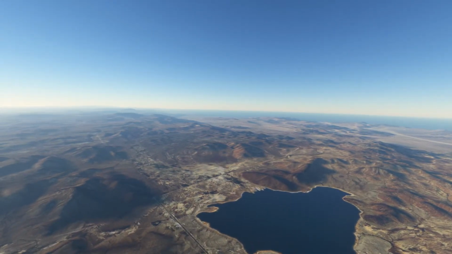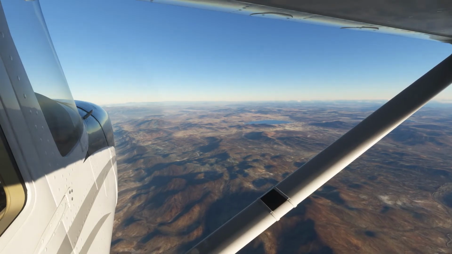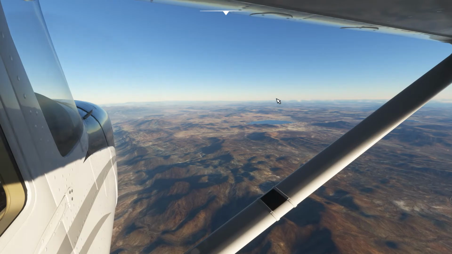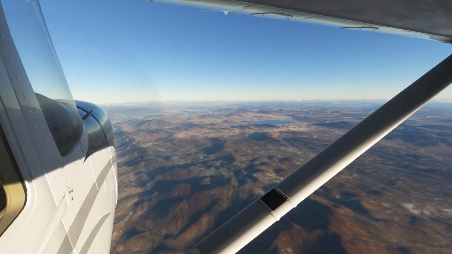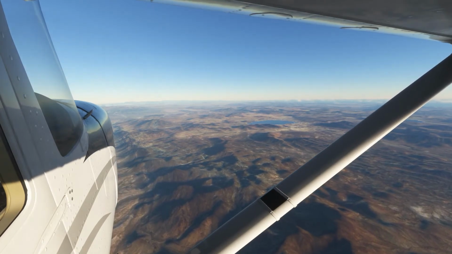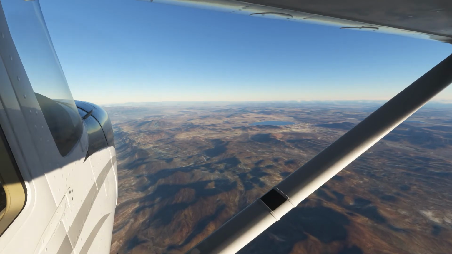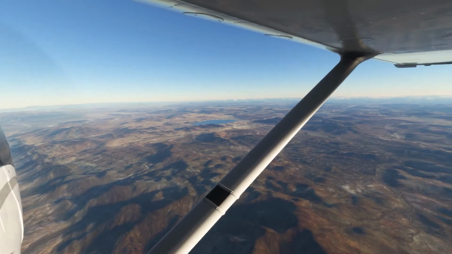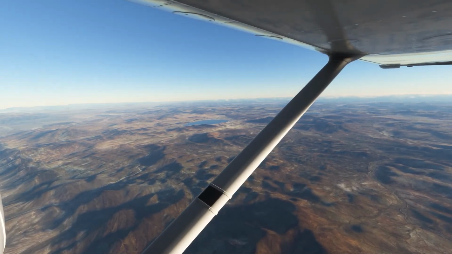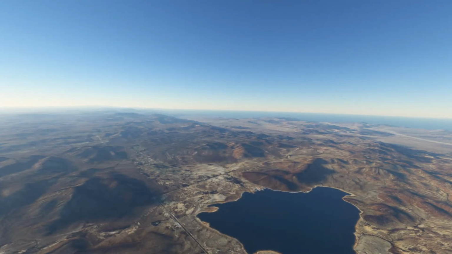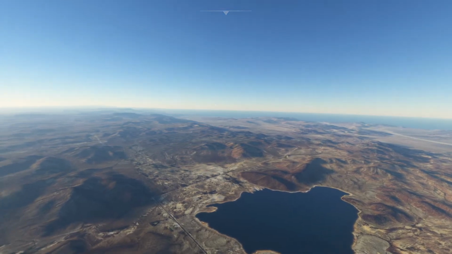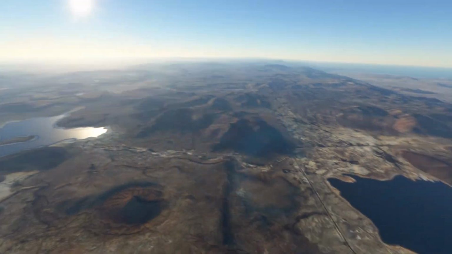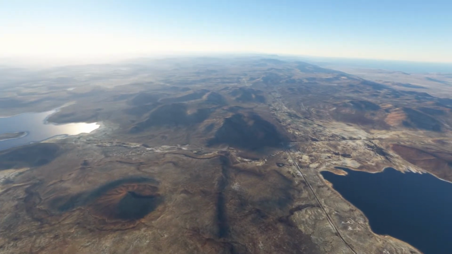Let's go back into the plane again. So the drone is right around here somewhere. That's a really cool shot. I really like that shot there. First lake, second lake.